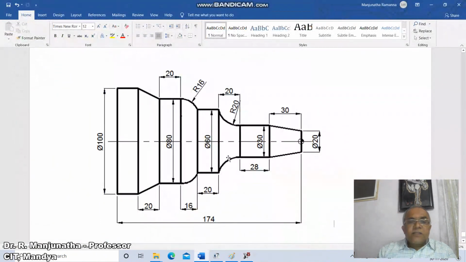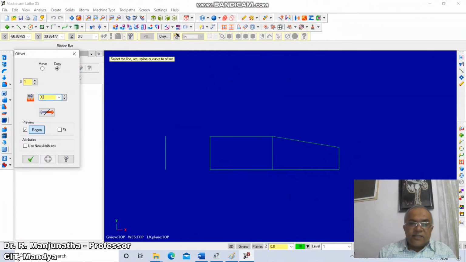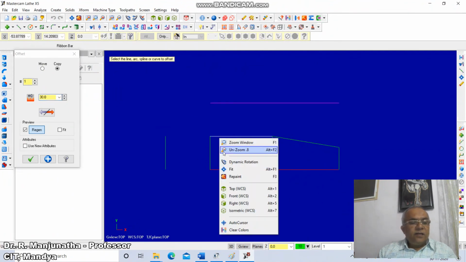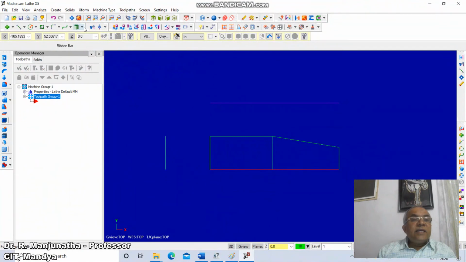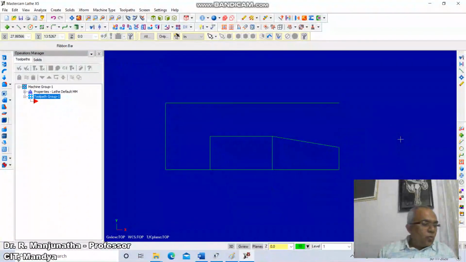Then this diameter is 60, so go to XForm, offset, take the distance as 30. Then go to extend. Extend this line till here, then this line till here, and this line till here. So now we have this diameter.